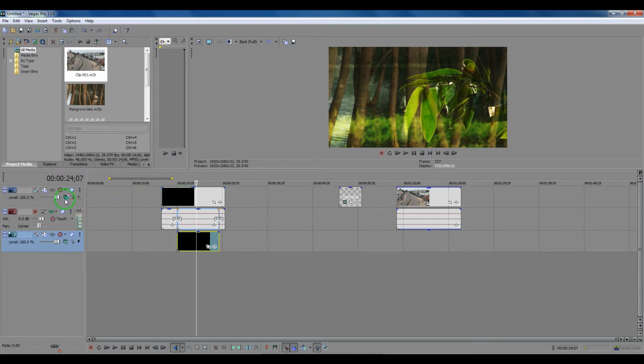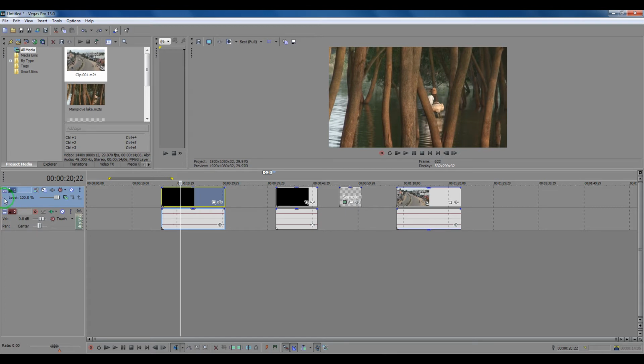So likewise you can choose different transparency settings from the compositing mode. So in the transparency settings you can select different modes to decide which level of transparency you want to the particular video. So that effect will be common to all events which are placed on a particular track.